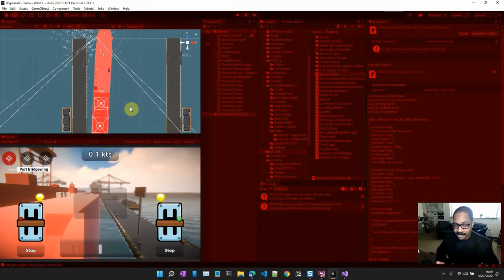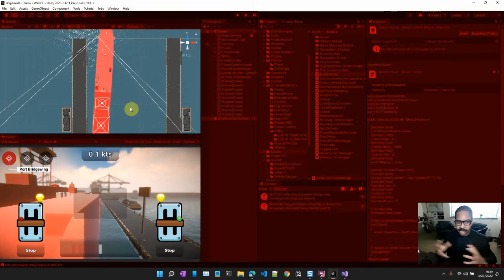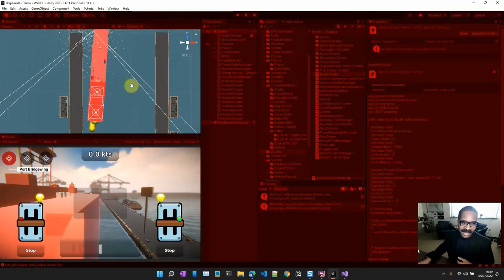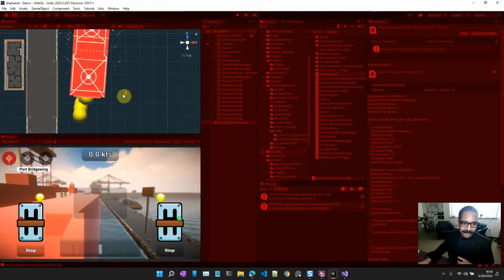Maybe there's a penalty, and I think that will come later, whatever scoring system I plan on implementing, when the person does infractions, it will take away points. But I like the idea right now of the vignette shrinking the viewing area to let you know, hey, something's clearly off. And as we watch the ship get pushed off the pier and move towards the center of the slip,